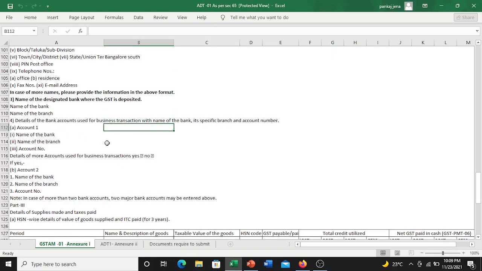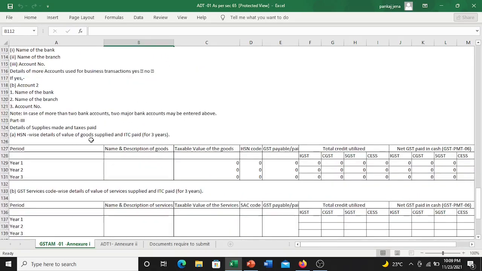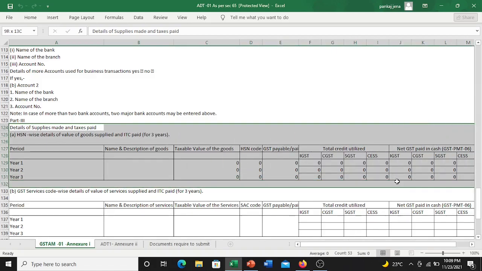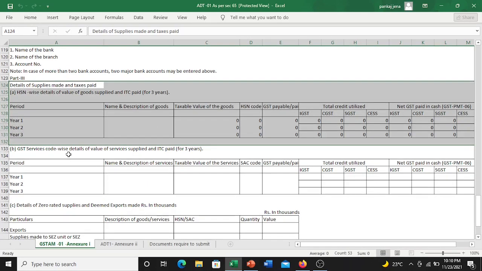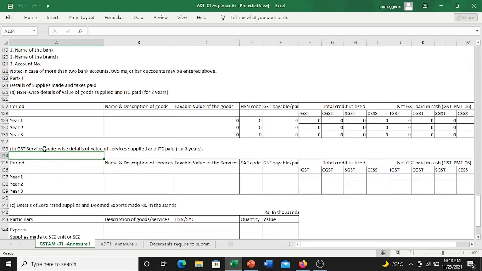Then we have to mention the account which we already provided at the time of registration to the department. Then here is the vital part. You can see there are HSN wise details, value of goods, supplies, ITC paid. In our case, as a service industry, this will not be applicable to us. However, if it is applicable to you, we have to mention it, and I'll tell you how we fill it for